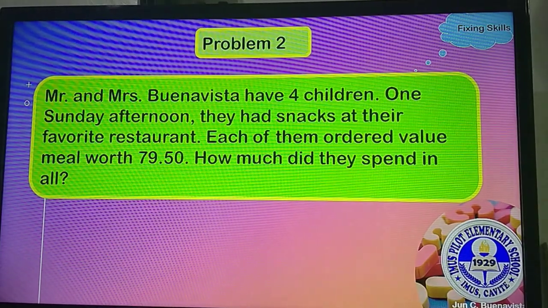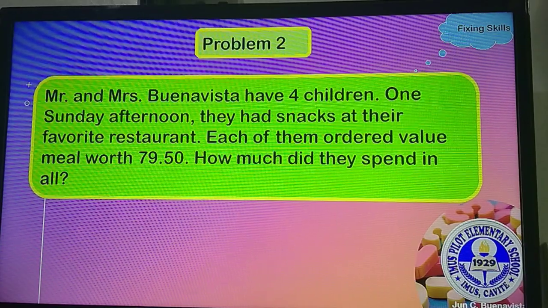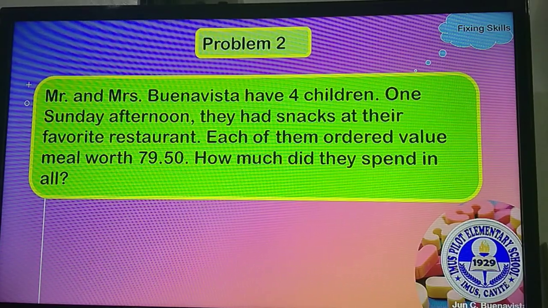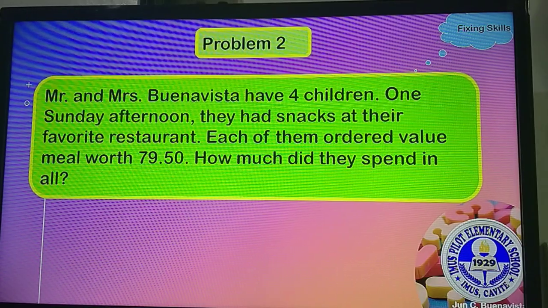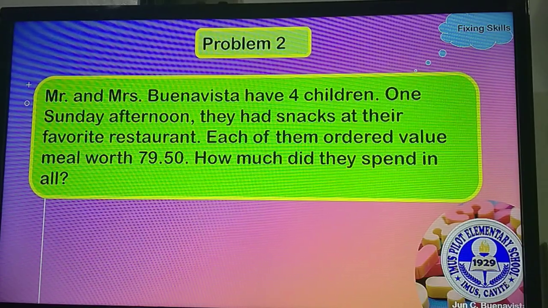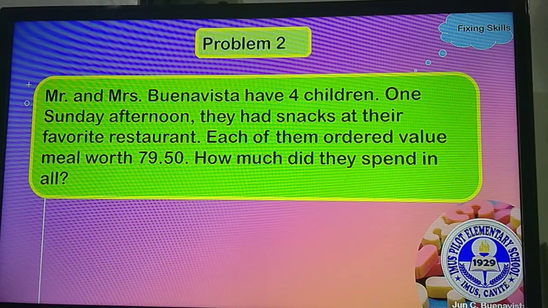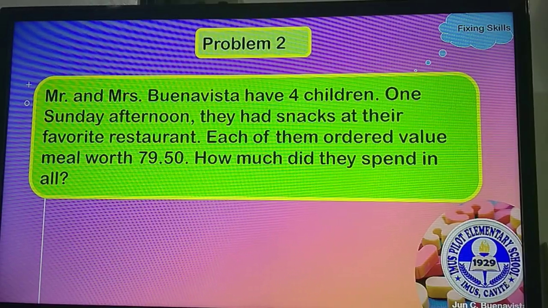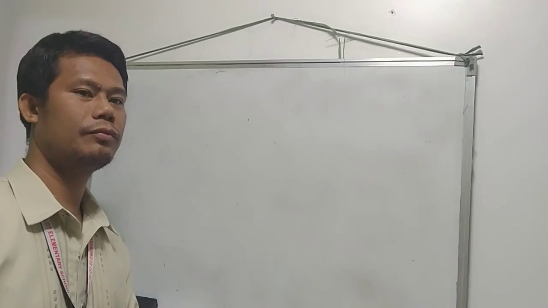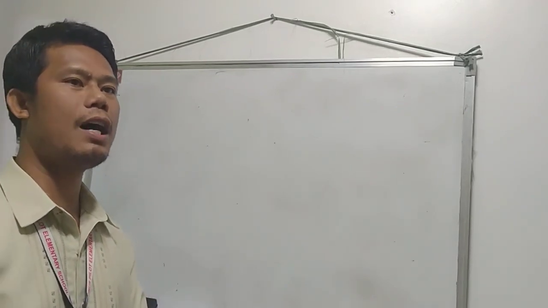Okay, let's have another problem. For problem number 2. Mr. and Mrs. Buenavista have 4 children. One Sunday afternoon, they had snacks at their favorite restaurant. Each of them ordered a value meal worth 79 pesos and 50 centavos. How much did they spend in all? Okay, so our given facts are